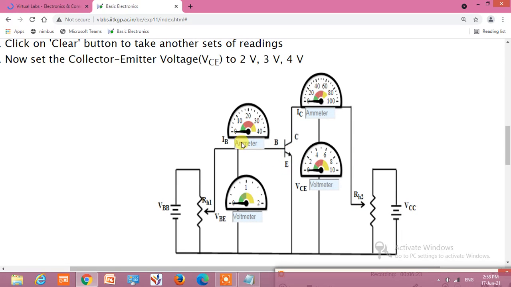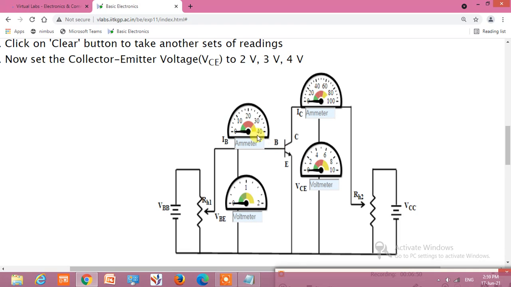Here we see that the input is base, the output is collector, and the emitter is common for both input and output; the emitter is grounded. The voltage source VBB acts as a forward bias. The variable voltage source is created by using this rheostat, or potentiometer. This voltmeter will measure the base to emitter voltage.